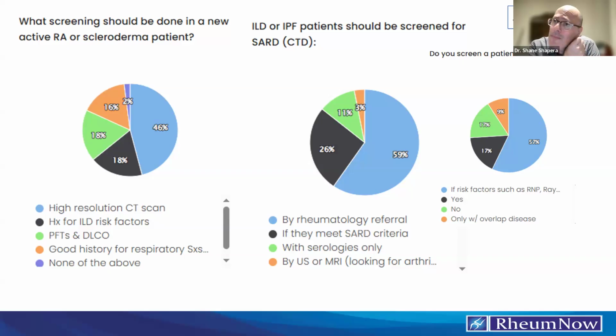To be honest, when my residents are in seeing patients, they all come back and they tell me that they have crackles. And I'm like, of course they have crackles. We're in the ILD clinic. What I really care about is, what do their hands look like? It's the only physical exam that matters in a pulmonary clinic if you've got ILD.